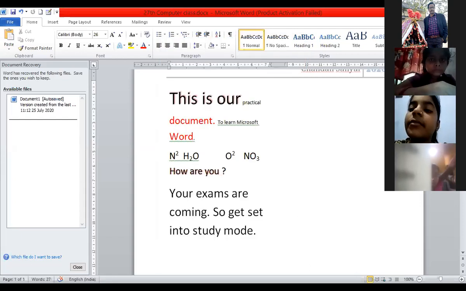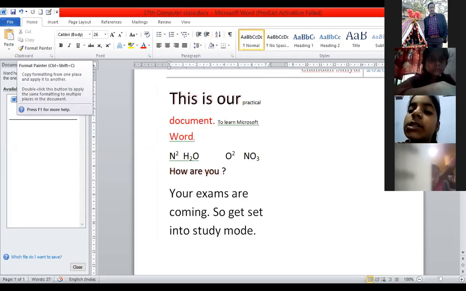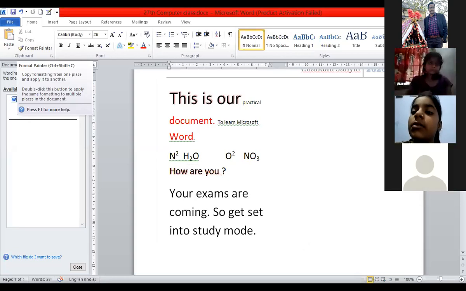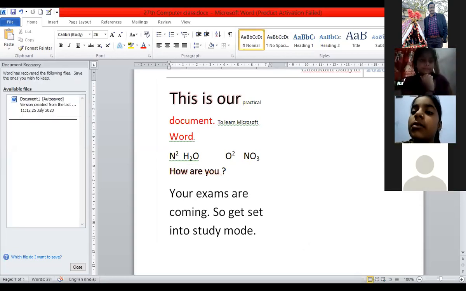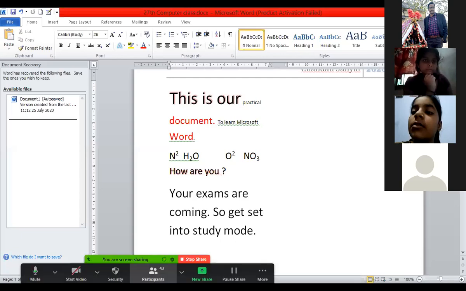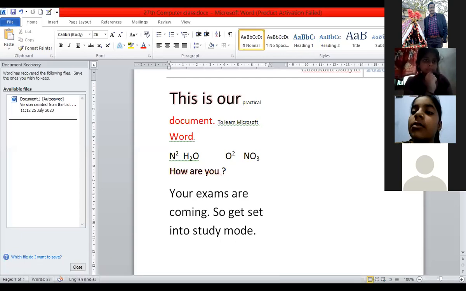Sir, you are moving the cursor, but I can't see that cursor. Now you cannot see? No, sir. Just get disconnected and connect again. So there is a network problem. It is okay. Actually, this is called a network problem. This kind of network problem sometimes happens. Okay, Akshat, please.